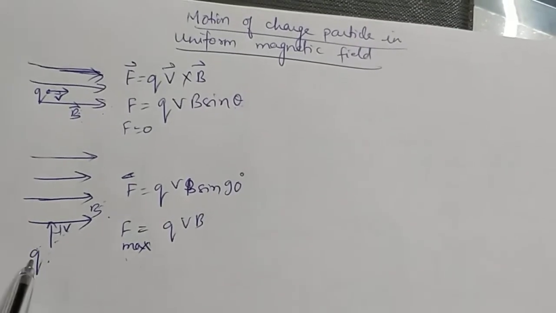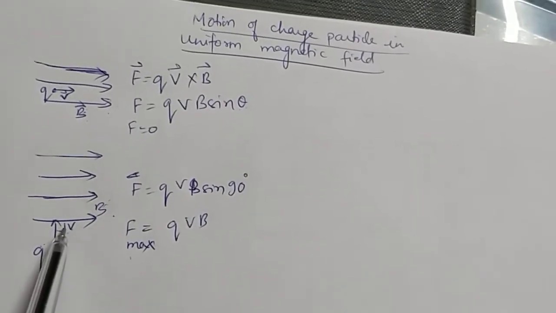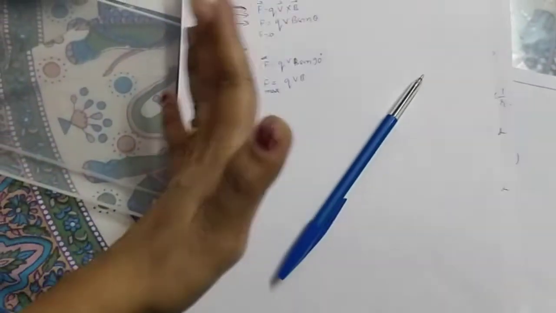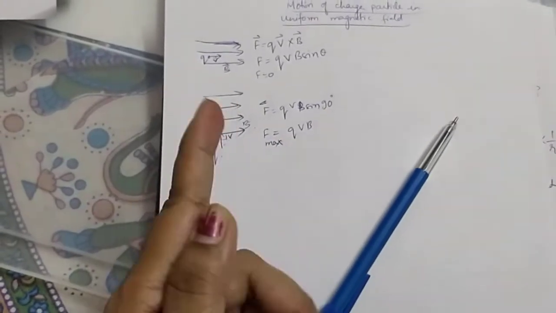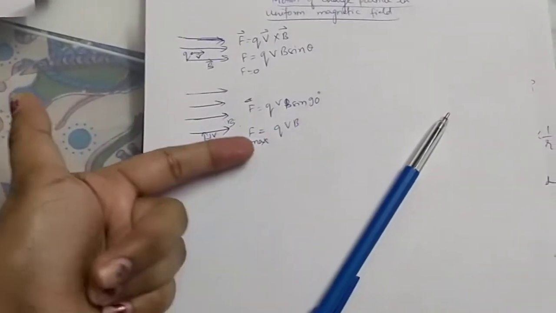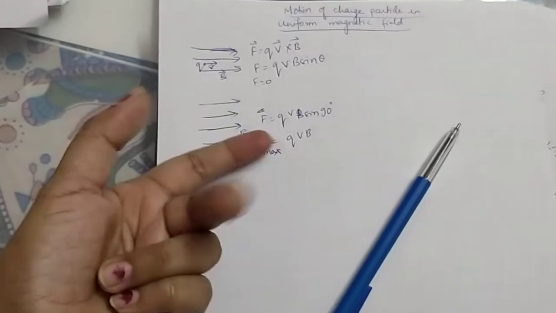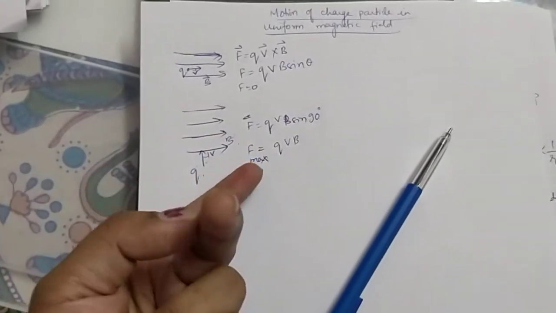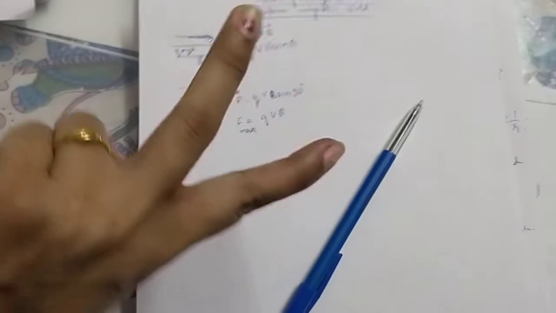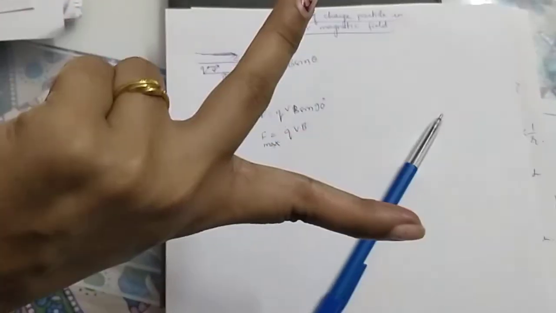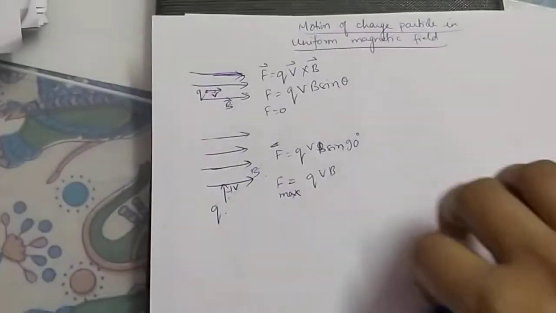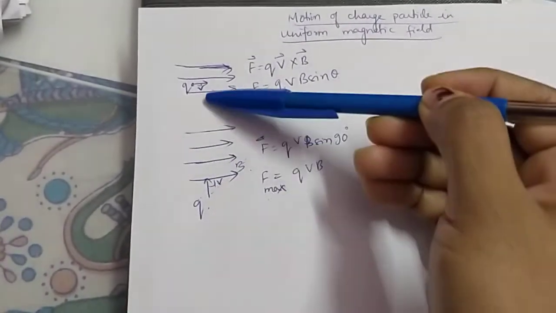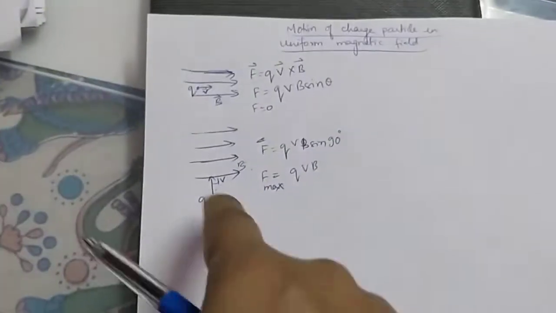And suppose this is a positive charge, what will be the direction of this force? So Fleming's left hand rule. This is the left hand rule. According to it, this forefinger is in the direction of the magnetic field, and the direction of v, meaning the positive charge's direction, is this central finger. It is in the upward direction. So my thumb is pointing downward, so the force acting on it will be in the downward direction. So the charged particle is moving and the force is inside the plane of the paper.